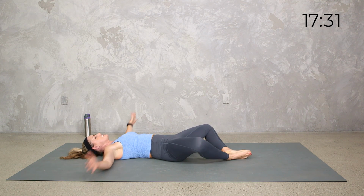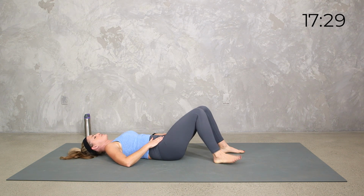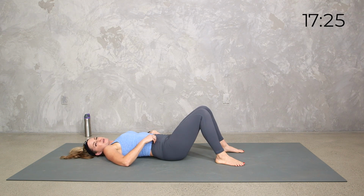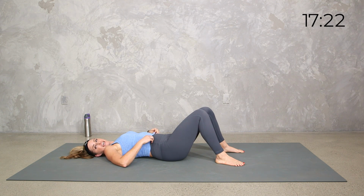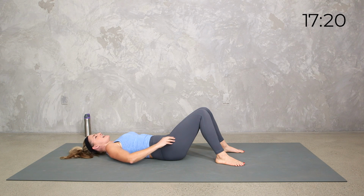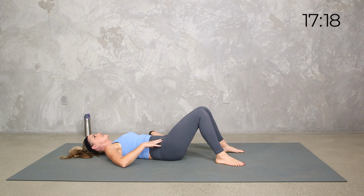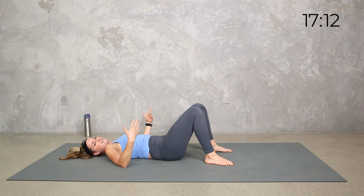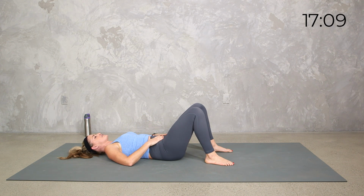And then find a position in the middle to just relax and breathe into that deep core. So hopefully we're gonna be sneaking in these little mobility breaks while we're keeping the Pilates going. So hopefully that felt good for you. So speaking of, let's do a little tuck of the pelvis, little pelvic tilt. So this is what I think a very underrated core exercise we use a lot in pre and postpartum, but